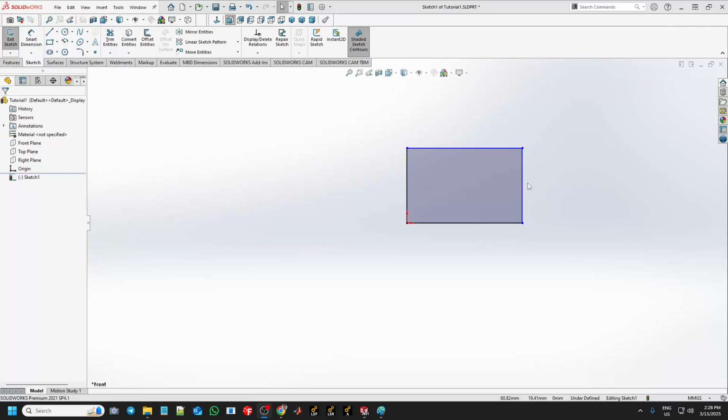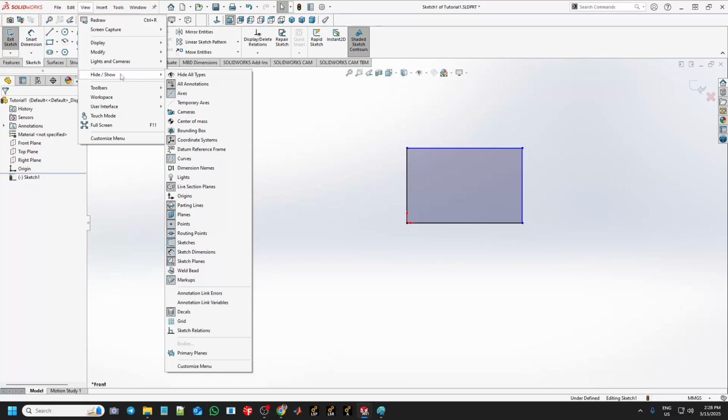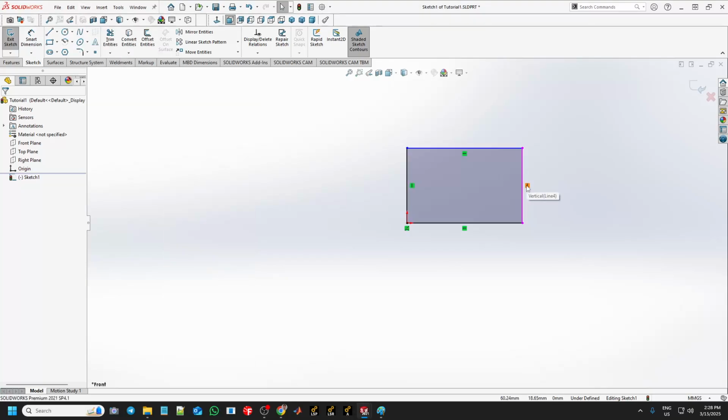So if you want to activate them, you will go to view and hide and show, and sketch relations is not highlighted, is not selected. Now we will see the relations. So this means vertical, this means horizontal, and you can also see the line numbers. So it always starts from line 1 at the bottom, and line 2 is clockwise. Okay,